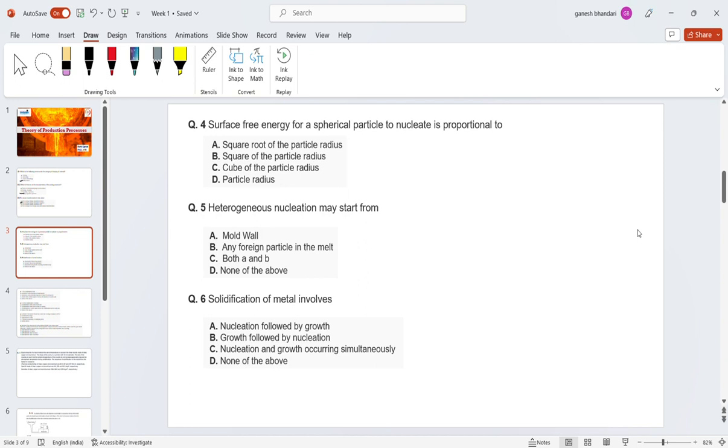At question number 5, it is written that the heterogeneous nucleation may start from. So I think this has already been covered well by Professor Jha in the course itself. It is very good. He explained very well, in one particular lecture, how heterogeneous and homogeneous nucleation work and what the difference between them is, and the mechanism also he has explained. So I think it is easy, so I will say heterogeneous nucleation may start from, yeah,